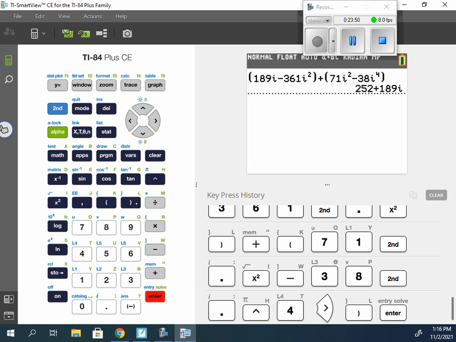so really we could have done any of these addition and subtraction problems there. We can do any of the addition and subtraction in the graphing calculator, yeah. That's all you have to do. Because